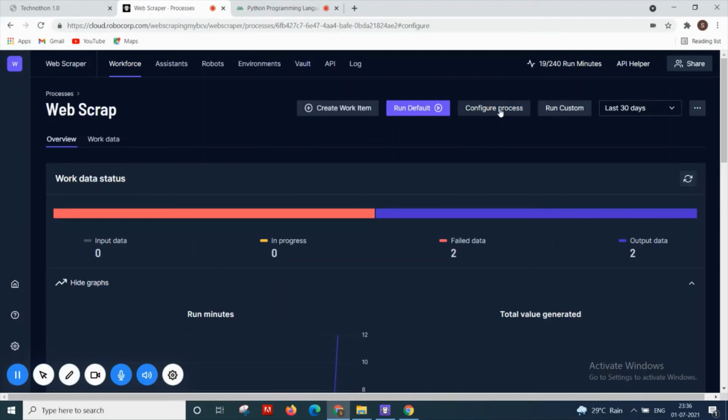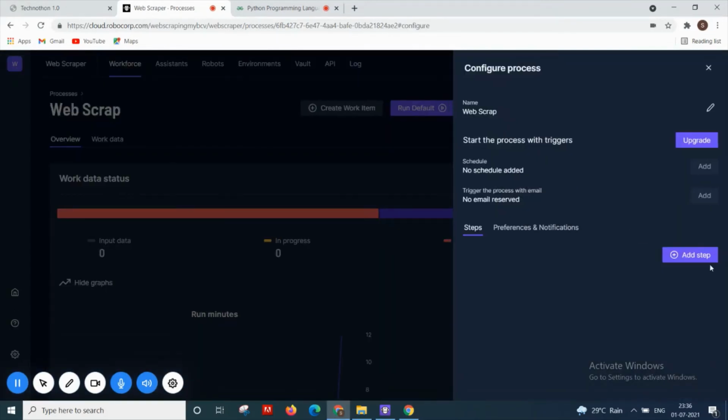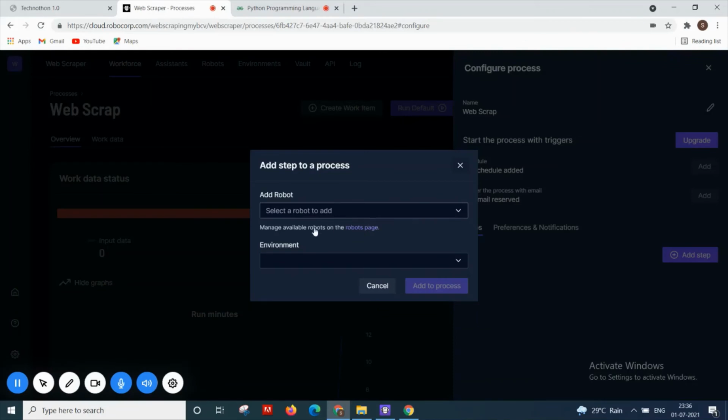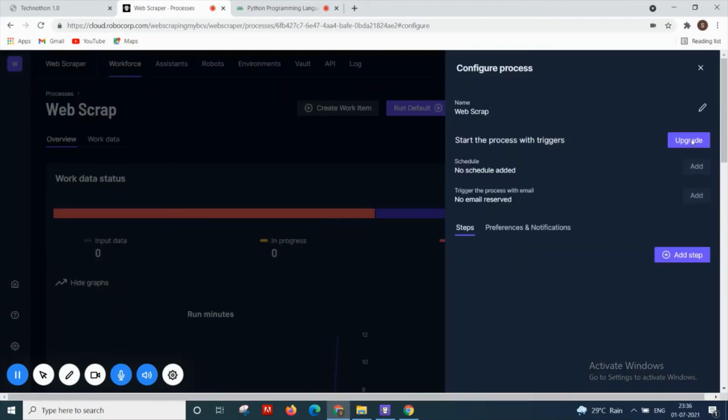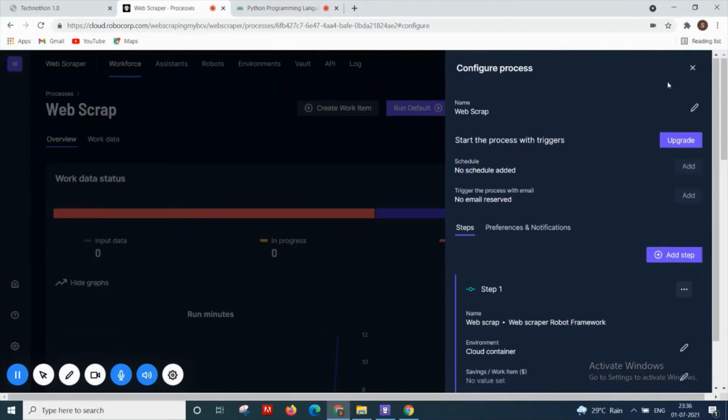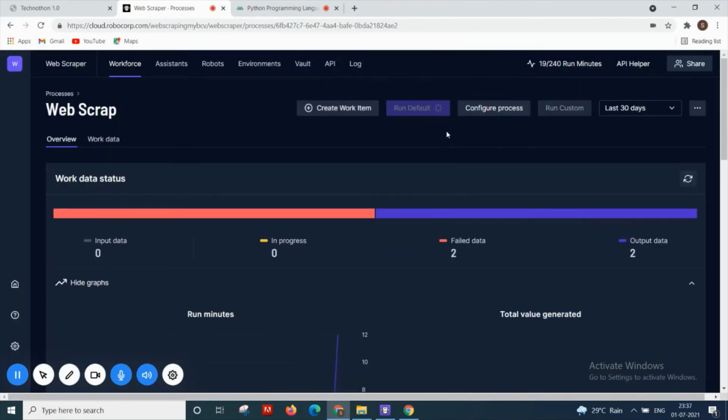For configuring the process, you need to add the step for the robot to run. Add process. The simple step to run on the cloud is to give run default.